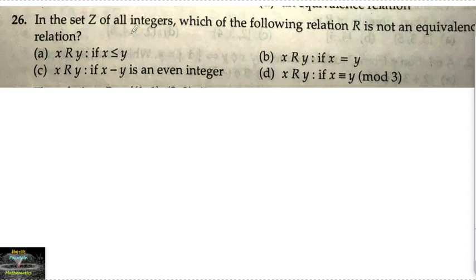In the set Z of integers, which of the following relations R is not an equivalence relation? So we need to verify among the four options which relation is not an equivalence. So what is equivalence? It should be first reflexive,